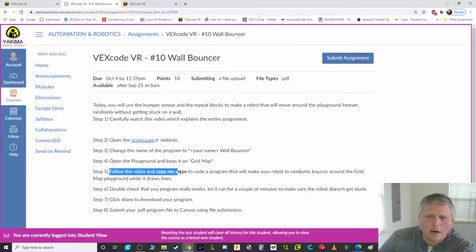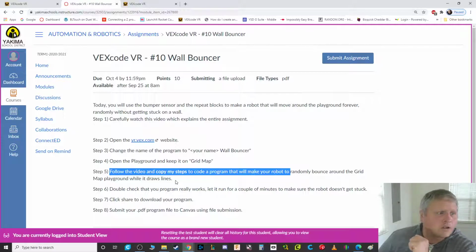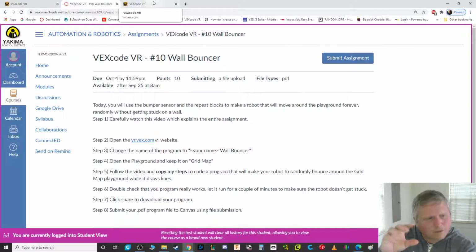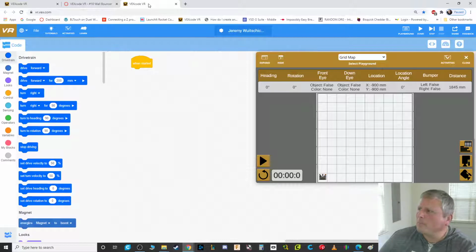Follow the video and copy my steps to code a program that'll make the robot randomly bounce around the grid map playground while it draws lines, and it does not get stuck on a wall and just get stuck there, because that's what will happen if you don't do this correctly. All right, walk through this. Now this one's a little bit harder to understand, but if you walk through it step by step with me, I think you're going to get it. And let's get going on that. All right, so